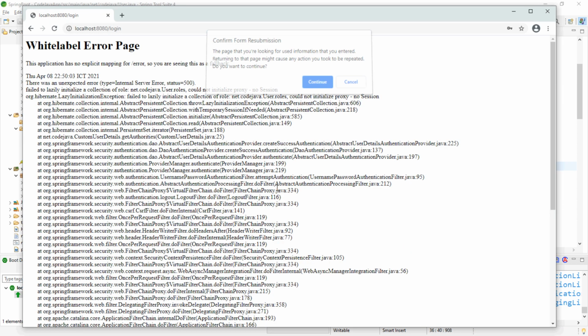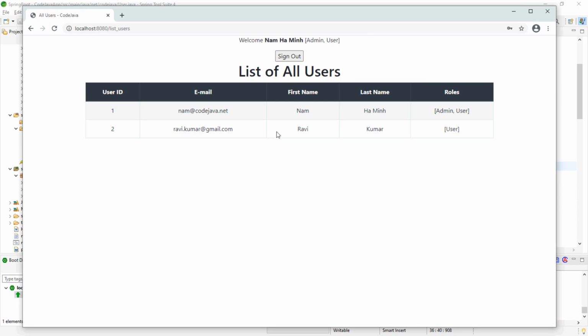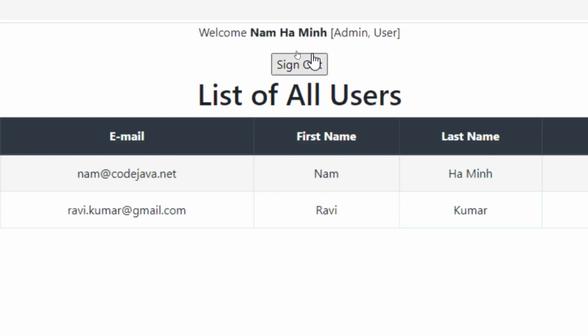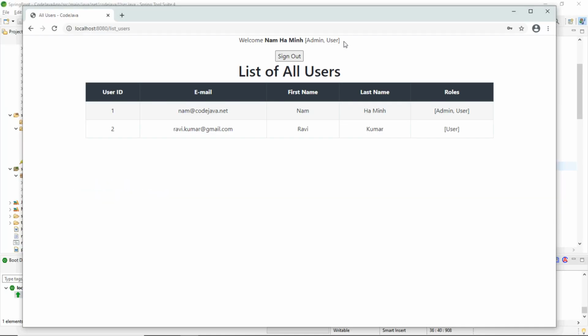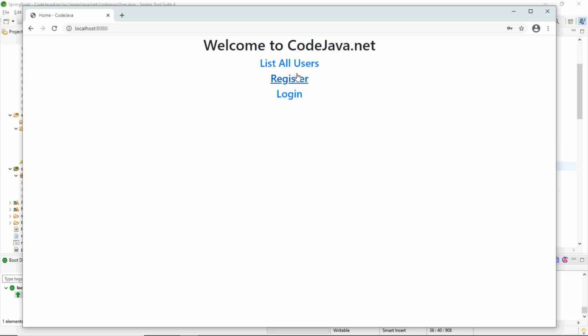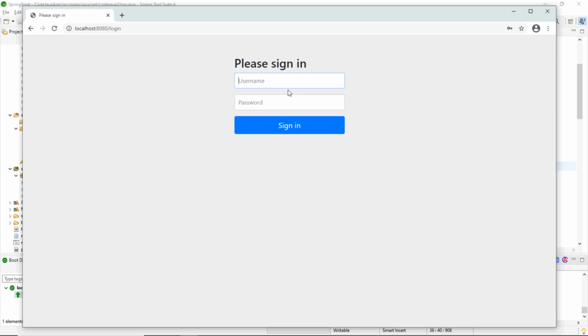Okay, and test again. Okay, now you see it displays the role names of the currently logged in user here, Nam Ming, followed by the role names here. Let me sign out and log in as the user Ravi Kumar,